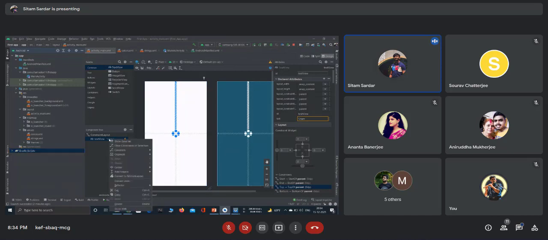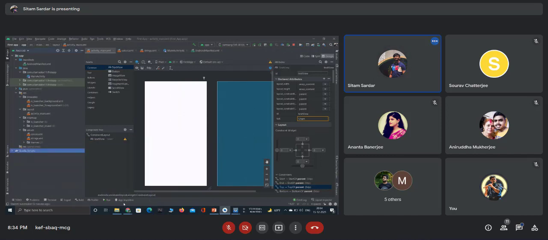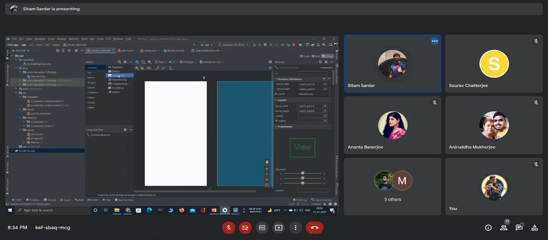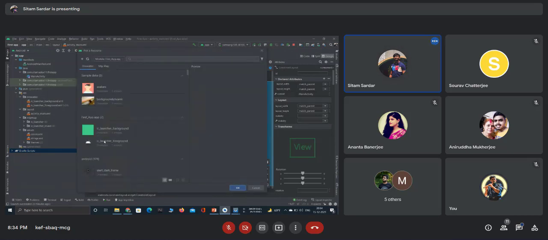first let me remove this text view. First let me design a UI. So what kind of UI can we design? We can bring an image view into our constraint layout. Okay, now here they are showing some custom image options. So I am selecting this image for now